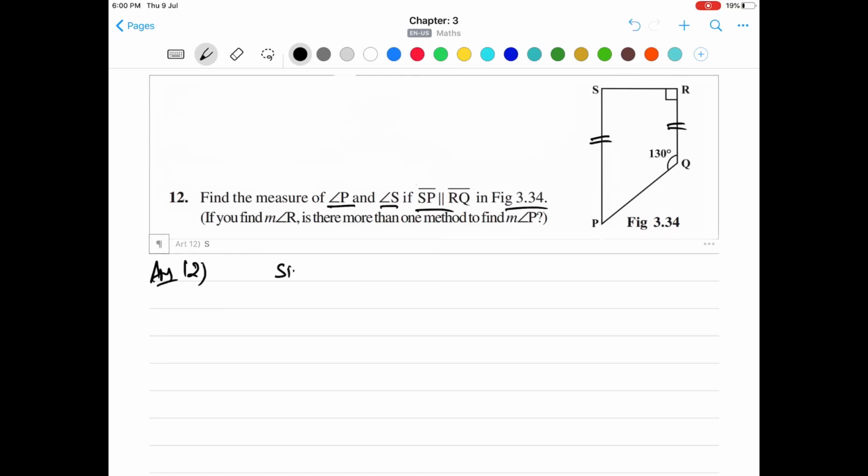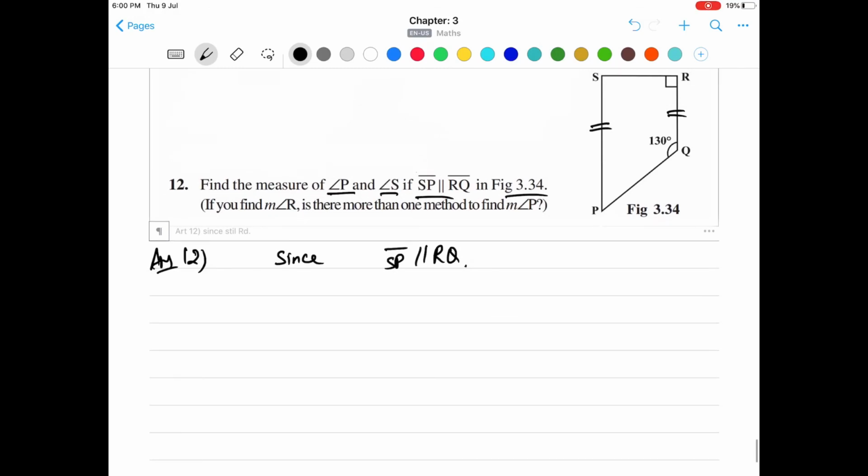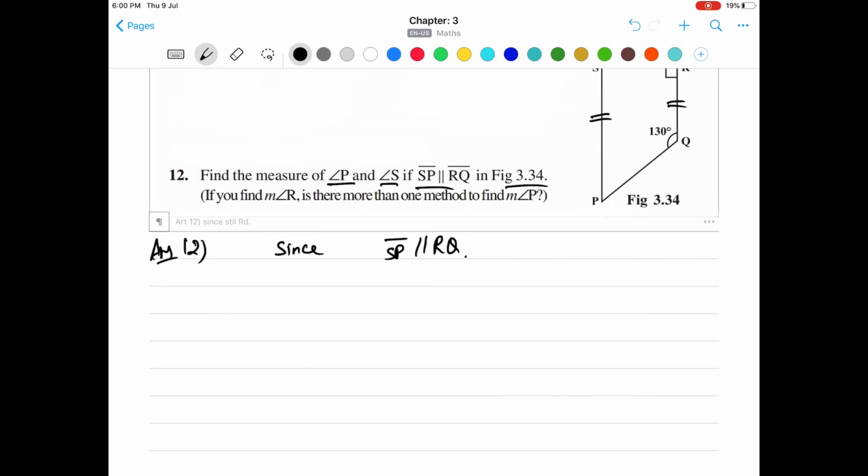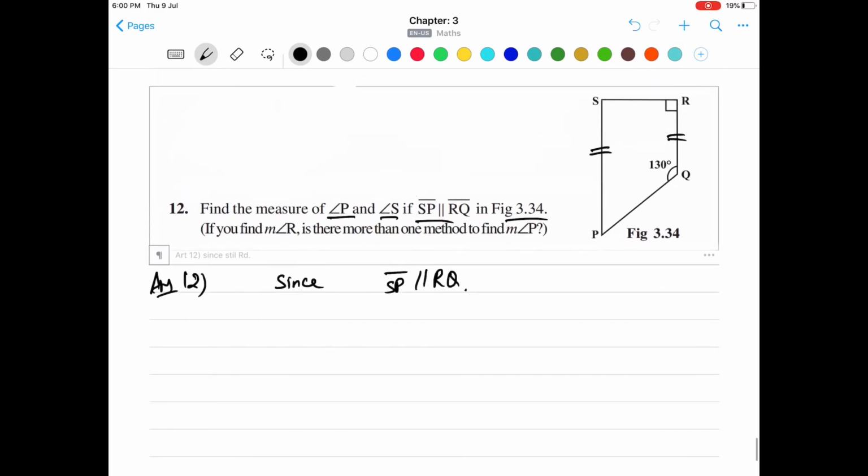Answer number 12. So we are given that since side SP is parallel to RQ, it's not given whether it's a trapezium or a parallelogram. We are given this figure in which two sides are parallel. Okay, so since two sides are parallel, we know that it has to be a trapezium, because a quadrilateral with one pair of sides parallel is a trapezium. Therefore